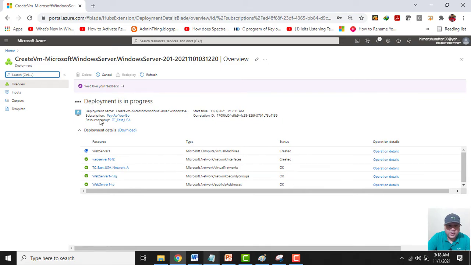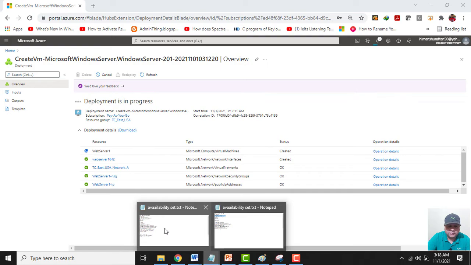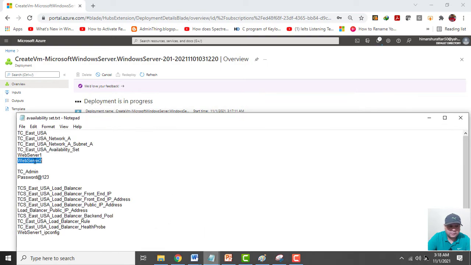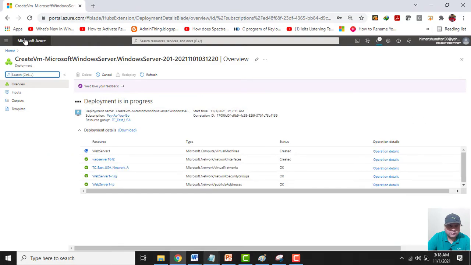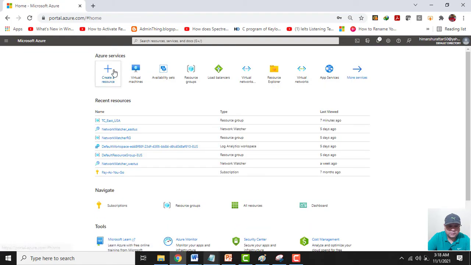Now since the deployment is in progress, let me create another virtual machine with the name web server 2. Let me again click on virtual machine.